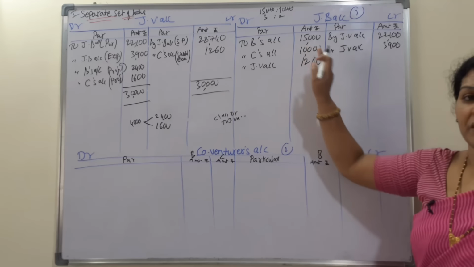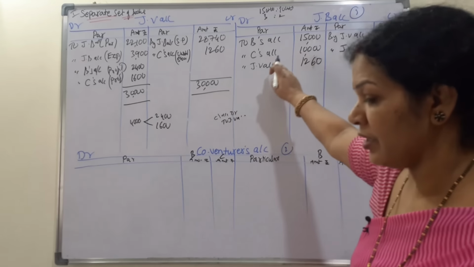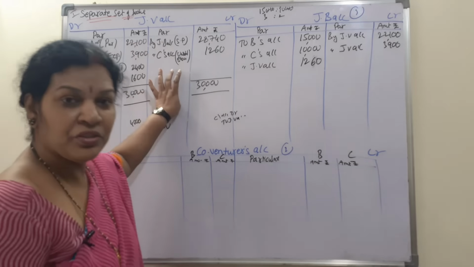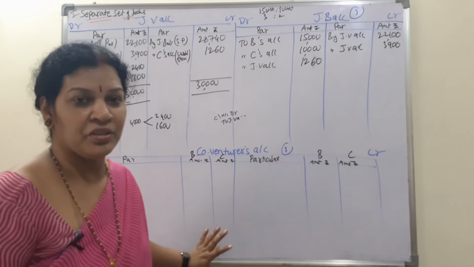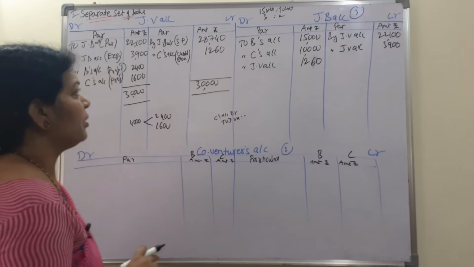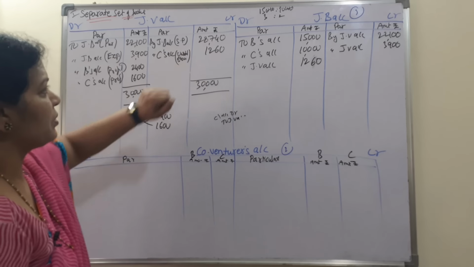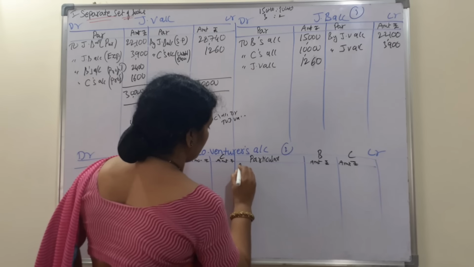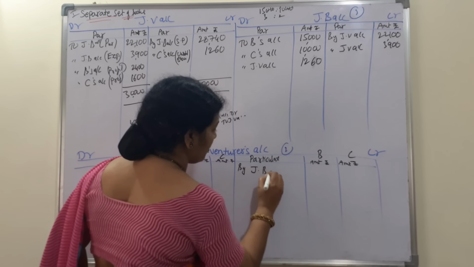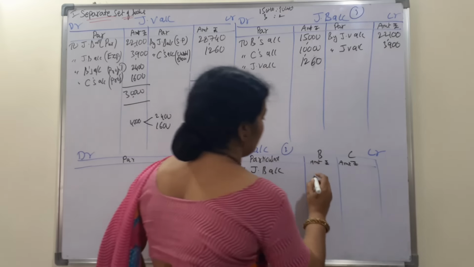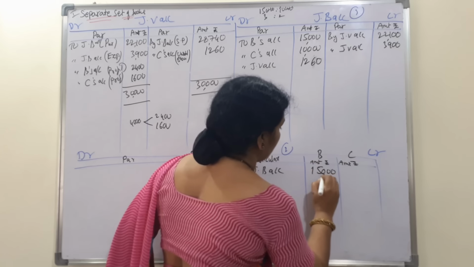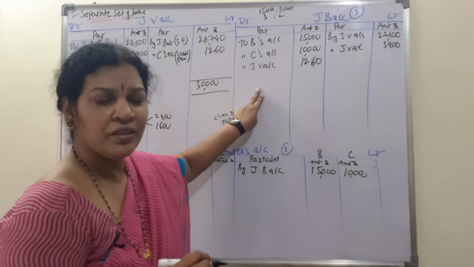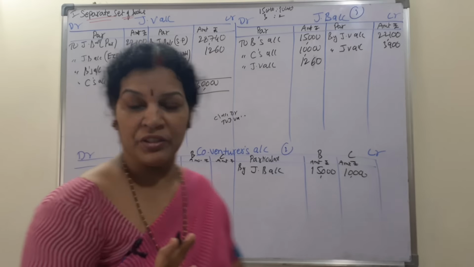Co-venturer account started with the opening balance. So that is debit side to credit side. Wherever you find co-venturer names, either in the joint venture account or joint bank account, just transfer it. Now here we have B's account here. It means credit side, debit to credit, by joint bank account because it is from joint bank. 15,000 B and C is 10,000. Anything else B, C in the joint bank account? No. Now coming to joint venture.